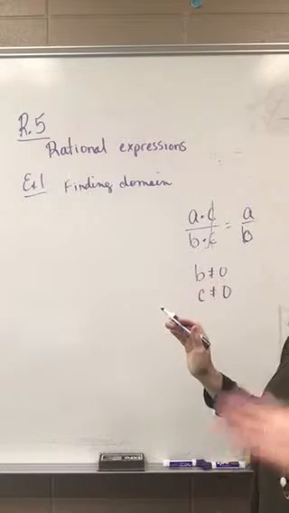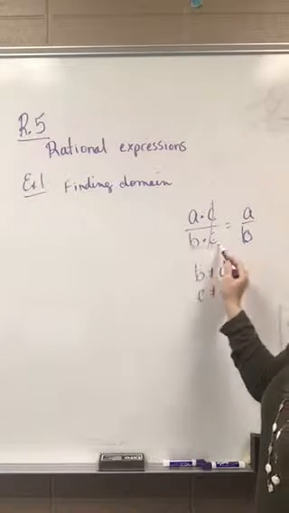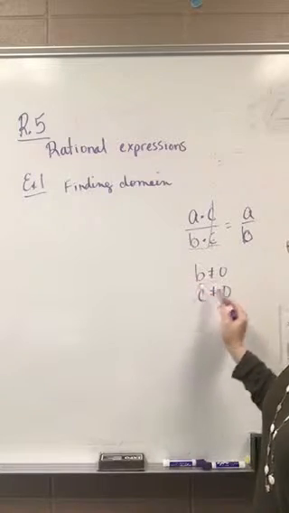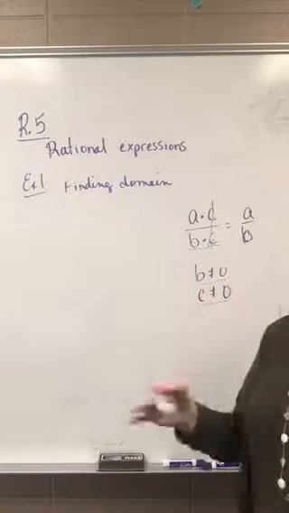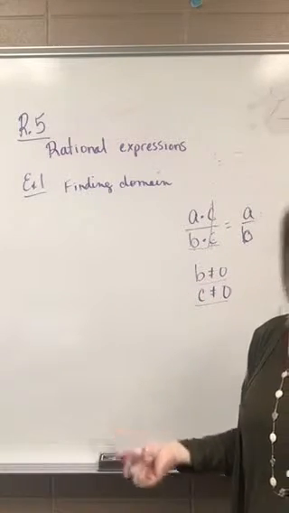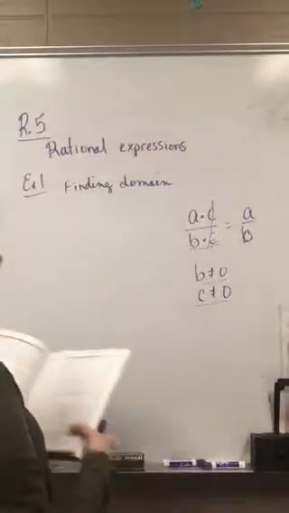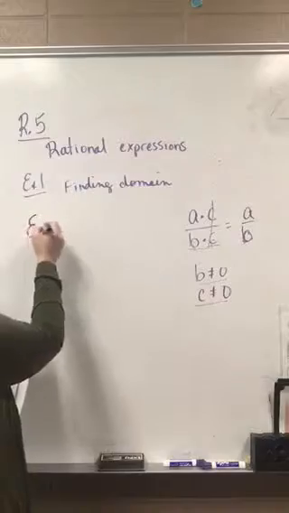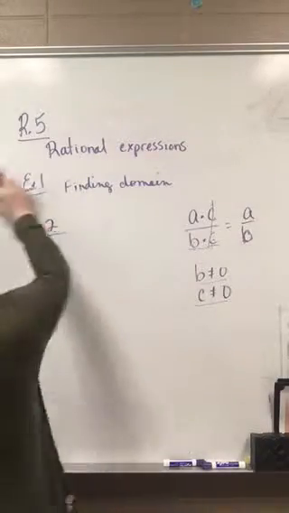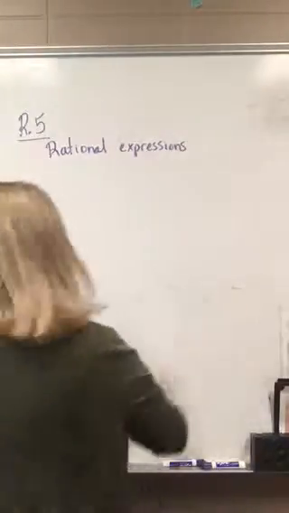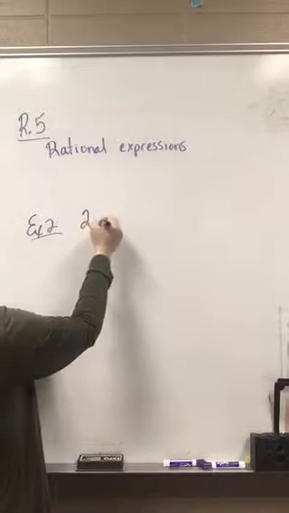Still, back to what I said earlier, the denominator values cannot equal 0. B cannot be 0, C cannot be 0. You cannot have a value that would make a 0 denominator. But otherwise, you just reduce away any common factors. So we're going to look at some examples that are reducible. So on example 2,